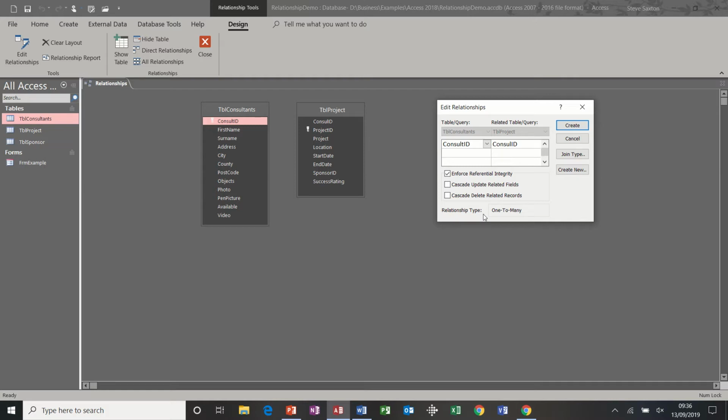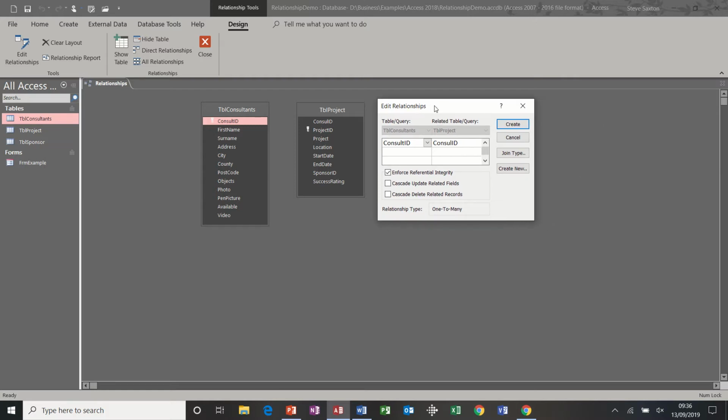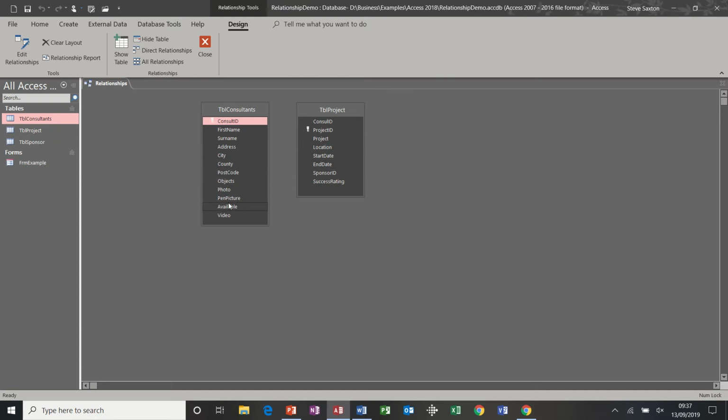Now, the other thing I need to make sure when I do these joins, which I'll just break this one in a minute, is that this is a one-to-many link. So in my example, one consultant can work on many projects. So if I just cancel that and try and make this go wrong for a second,